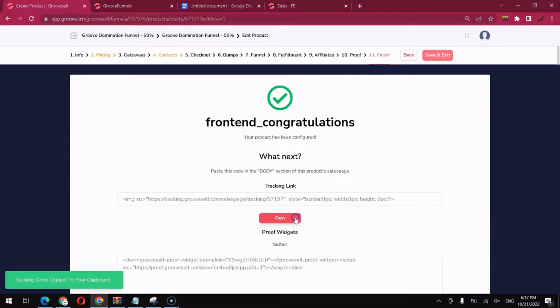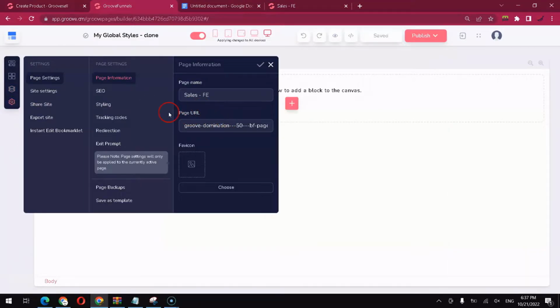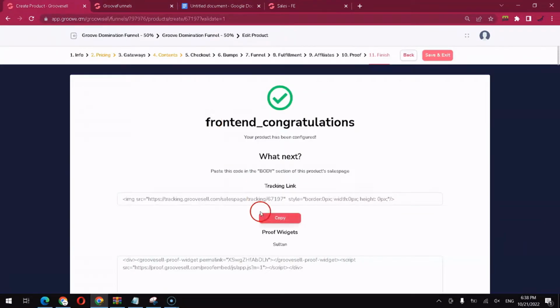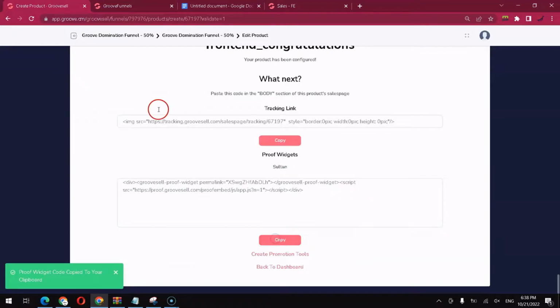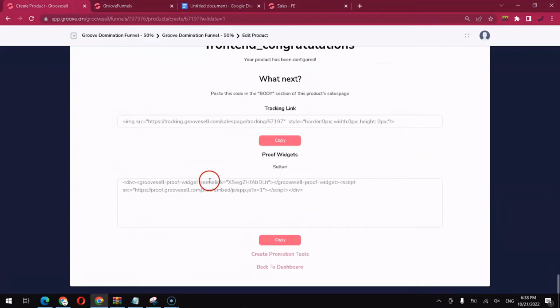Now copy the tracking code, go to the funnels, and this is the sales page of the front end sales page. Go to tracking codes and just add the tracking code in here, and add the proof widget tracking code also. Okay, now save it. Now go back. I will create the promotional tools later, so I want to go back to the dashboard,